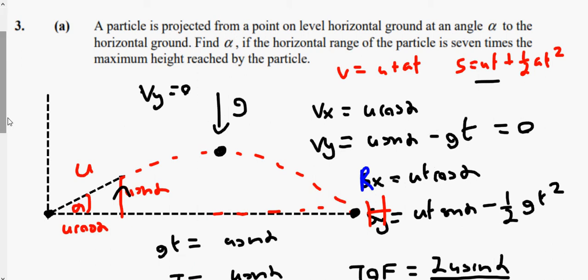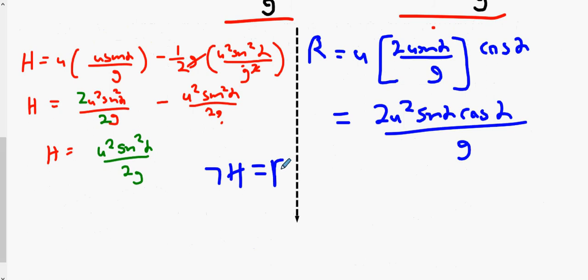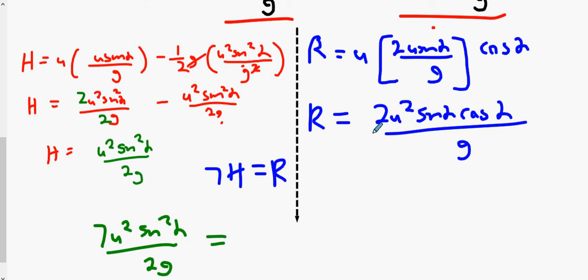7h equals R is essentially what you're told. So multiply your H equation by 7. Leave your R equation alone